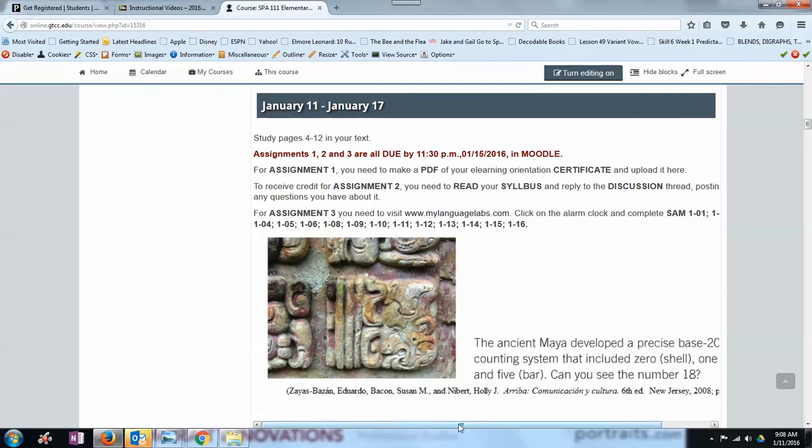So for example, most of the time I assign SAMs. So if there's any extra practice or tutorials, you don't have to do them. They're just there in case you want them. So check Moodle before you go to MyLanguageLabs so you're not doing extra work that you don't have